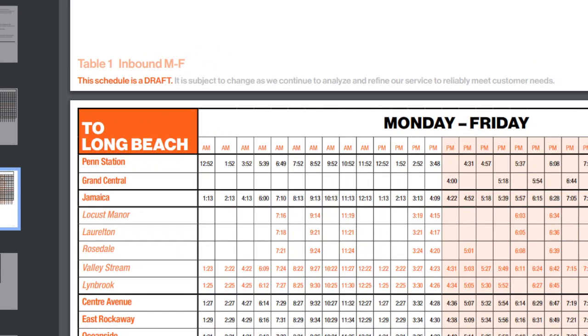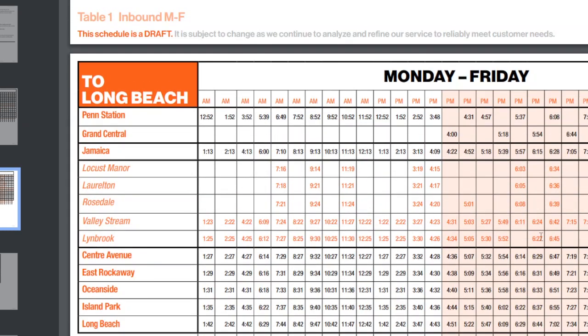But again, those trains usually aren't that crowded anyway. These are like the more minor branches, so to speak. Not one of the core four, but some of these trains that show up are...